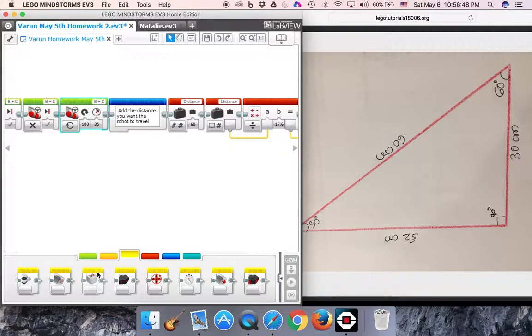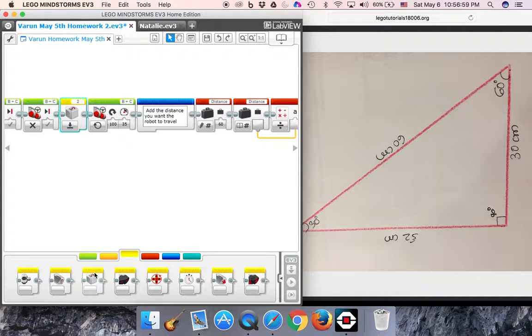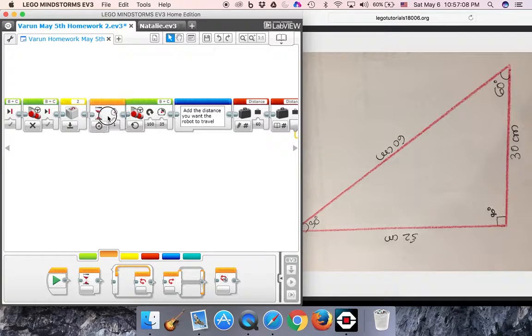So we take the gyro block. You could do this at any point before you ask the gyro to turn. So you have to reset the gyro, so that will put it to 0 degrees, and then you have to pause it. Maybe you can use 0.3, 0.1, whatever you like. So now the gyro is 0, the motors are turning to the right at the speed of 35, till the gyro reads